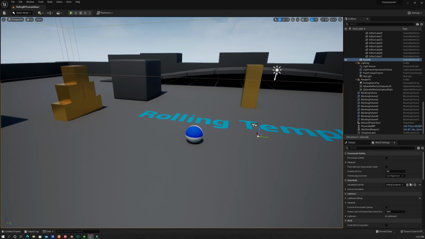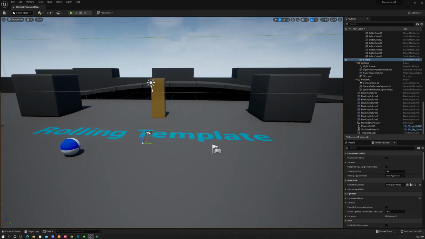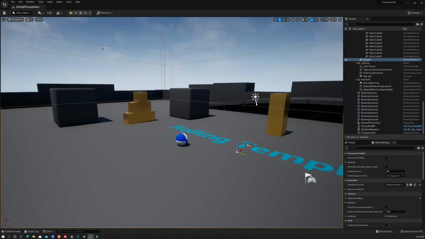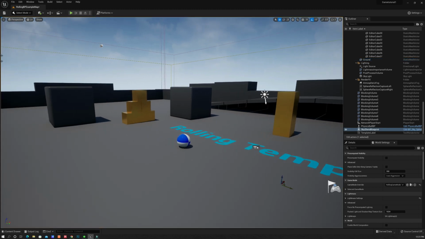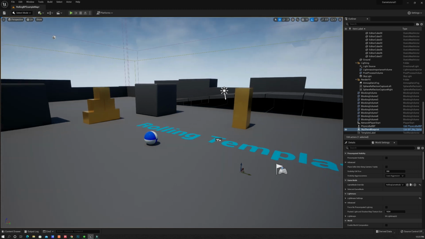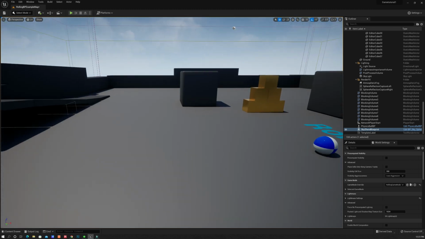This template will be provided as a project file, so you can do all the testing and all the understanding of actors on this particular level itself.